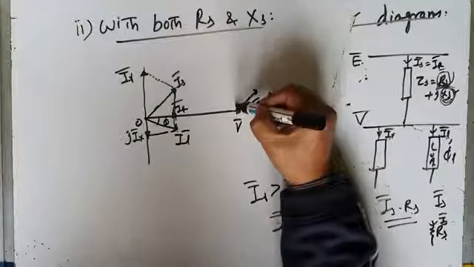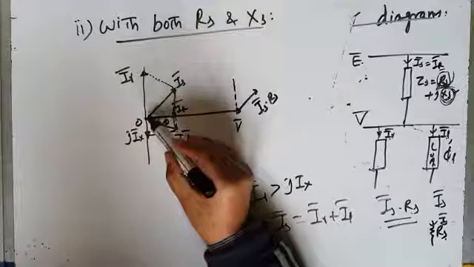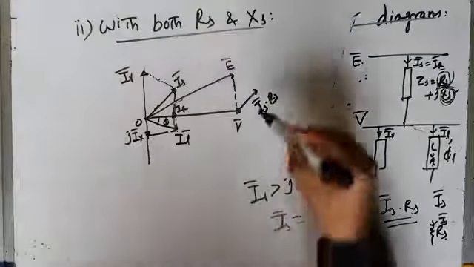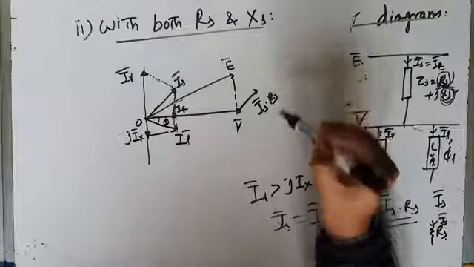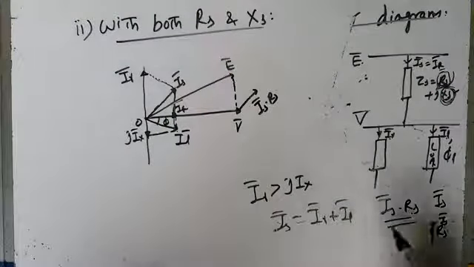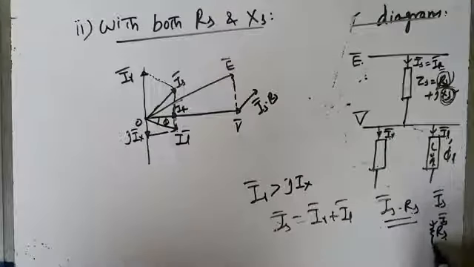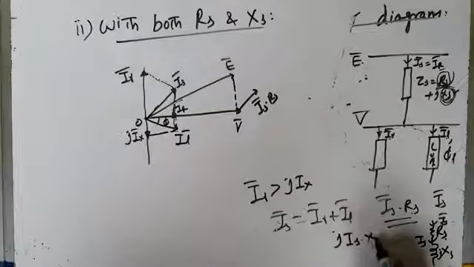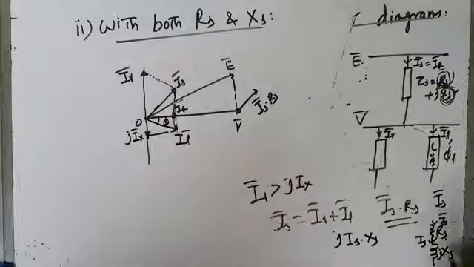Right. So your E will be somewhere here, and E will be exactly equal to V. If this is the IS RS drop, there will be another voltage drop. See, when IS flowed through RS, it caused the IS RS drop. Now the line has reactance also, JXS. When this IS flows through JXS, it causes a reactive voltage drop, JIS into XS, which is at 90 degrees to IS, because this is a reactive voltage drop, and in an inductance the voltage drop and current are at 90 degrees.